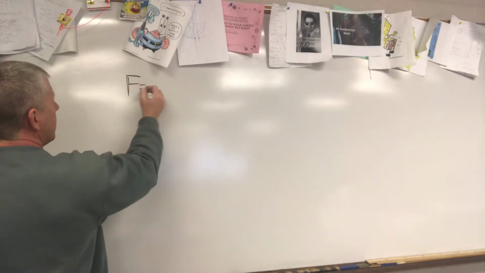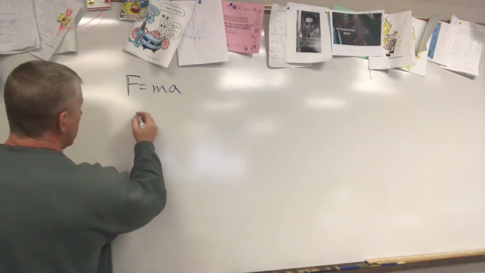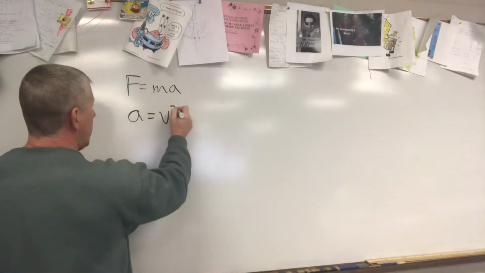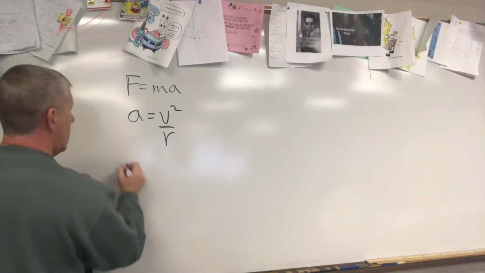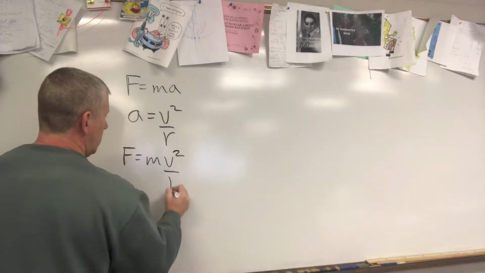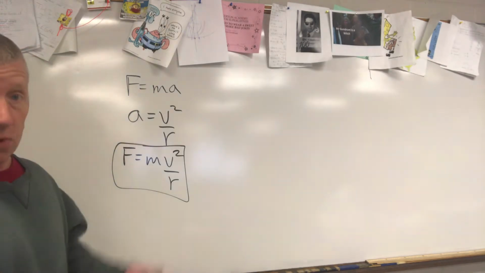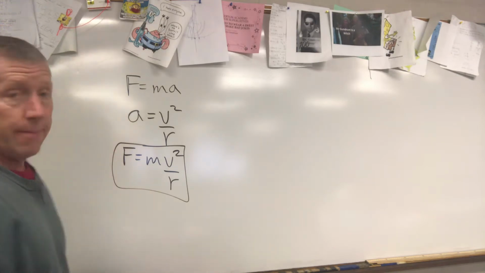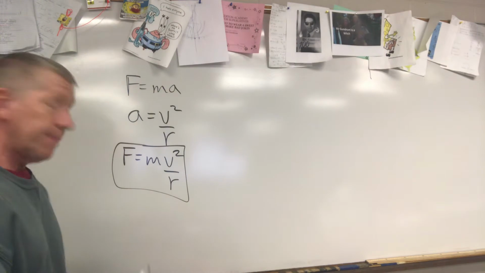Our old buddy, F is equal to ma. Now, our new equation for centripetal acceleration is v squared over r. Substitute that in, so you get F is equal to m v squared over r, or our new equation. It's just another version of Newton's second law of motion, F is equal to ma. It's just nifty and cool looking now because we can use it for different things, particularly things going in